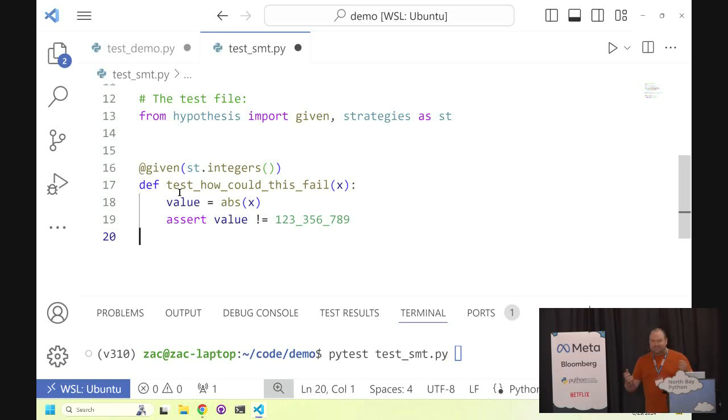3-SAT is a classic computer science thing. Imagine we have a long series of logical formulas over Boolean variables. So we say A and B is equal to C, A and not C is equal to D, C or E is equal to F, and the goal is to determine, is there any assignment of values to those variables that makes all of the equations true?